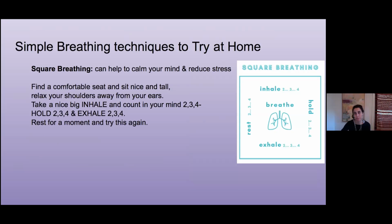Square breathing. So I'm going to actually leave this slide up instead of you seeing me, because it is helpful when you're learning to kind of follow along with the inhales and the little holds and the rests and everything. So again, let's take a nice comfortable seat wherever you are, and we'll just take a couple of gentle breaths to begin with. Inhale